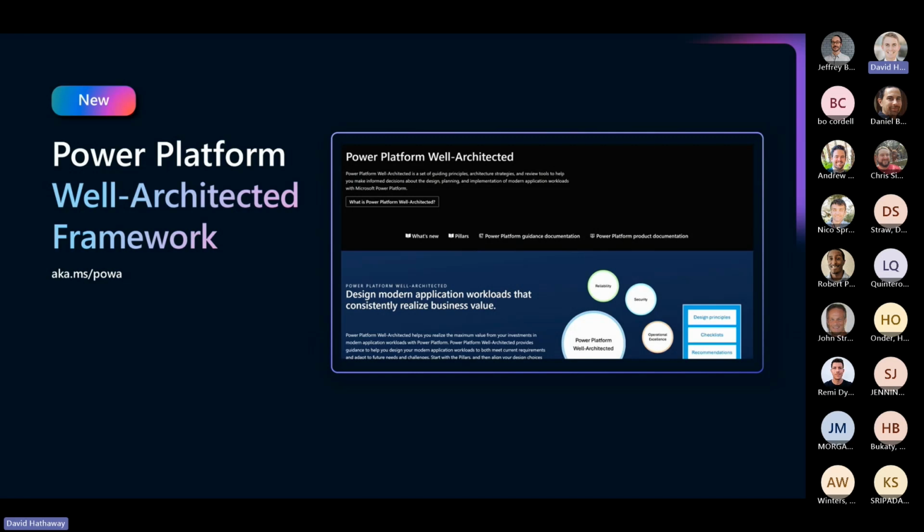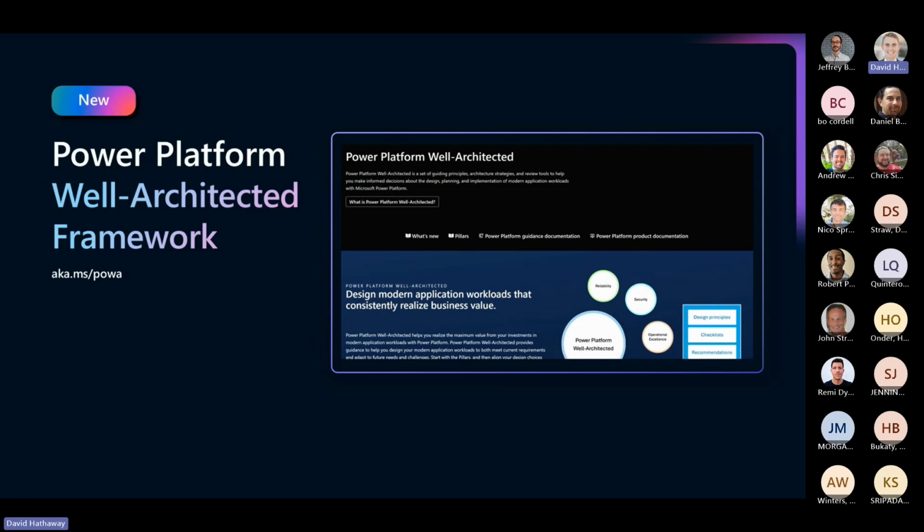It's a set of best practices and architecture guidance, and also some checklists and review tools to help organizations make better and more informed decisions when it comes to the design, planning, and implementation of workloads that they're deploying and building out on the Power Platform.